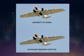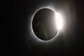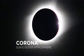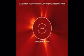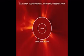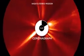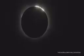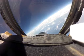Firstly, 2 teams with instruments in the nose and wings will be looking at the sun's outer atmosphere, known as the corona. Scientists often study the corona using spacecraft with coronagraphs. These are occulting disks that help block out the bright sun, but they also cover up the inner part of the corona. During a total solar eclipse, the moon perfectly blocks the sun's bright disk, allowing the entire corona to appear. A total eclipse gives us the best view of the corona we can get, and it's even better when